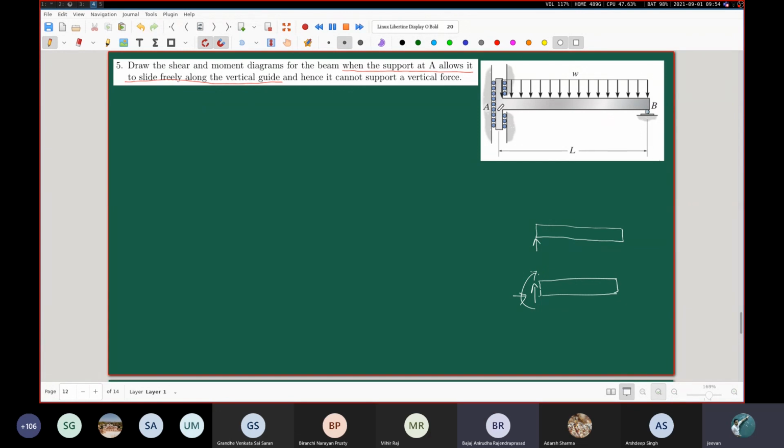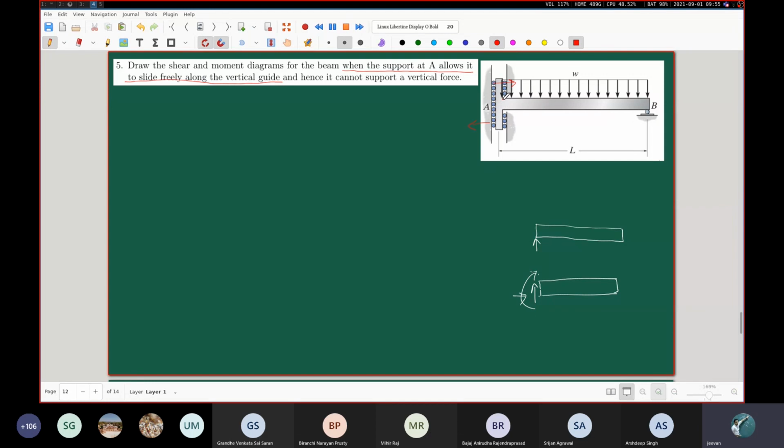Yes, there should be a moment. And why do you think there should be a moment? What is it actually which is the background to this moment? The normal force from the walls. The normal force that is exerted by these rollers on this beam. Normal force means force in this direction and force in this direction, or the opposite direction, just the vice versa of the directions that I have drawn here. So those kinds of forces will ultimately give rise to a couple or a moment